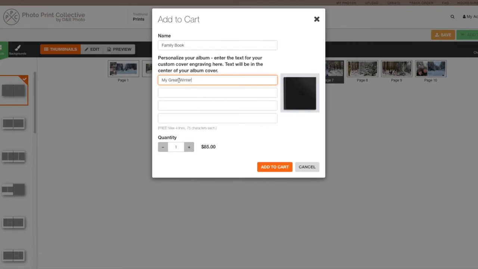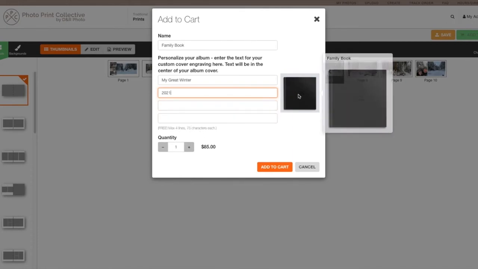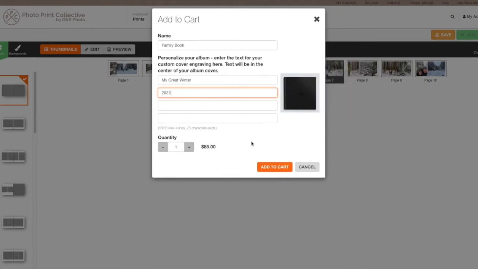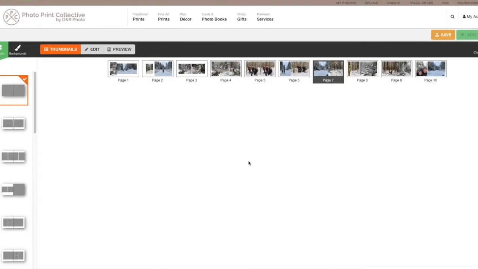This will give us 1 line of text. This here would give us a 2nd line of text. You'll notice there's a maximum of 4 lines of text with 75 characters per line. The reason for the limitation is we have a certain area we can engrave on the cover of the album, and the font is going to be automatically chosen for you. It's just a standard sans serif font, modern and clean. When you're done with that, click the Add to Cart button,